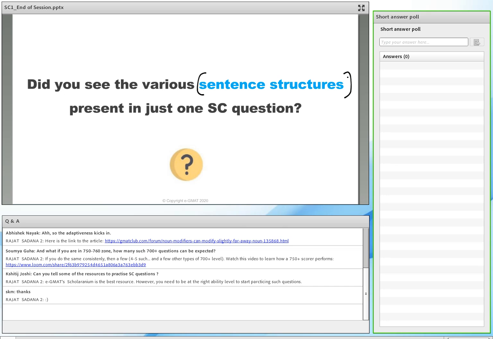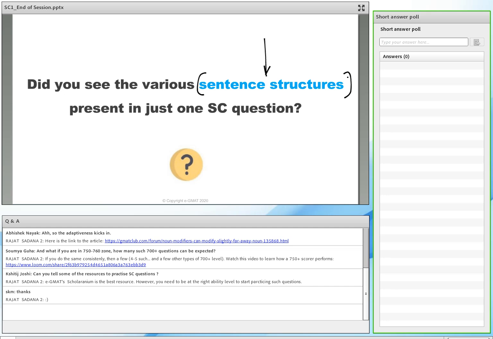Someone asked me this question: I'm an e-GMAT student, I'm enjoying the SC course, but I didn't do the master comprehension course. Should you do it? The answer is absolutely yes, you should do it, because that's where you get the foundation of sentence structure. So if you're an e-GMAT student going through the e-GMAT course, pay attention to what you learn in the master comprehension course. As you go through it, solve this, and appreciate the beauty of sentence structures as you see them in the examples